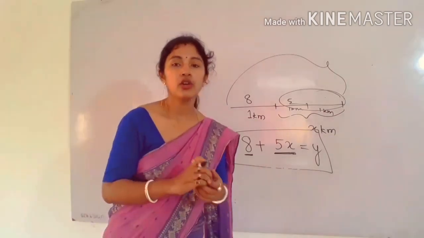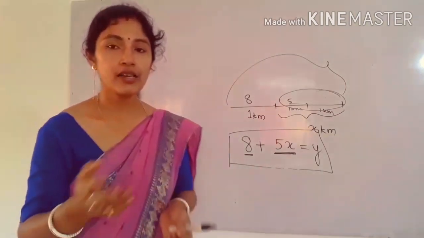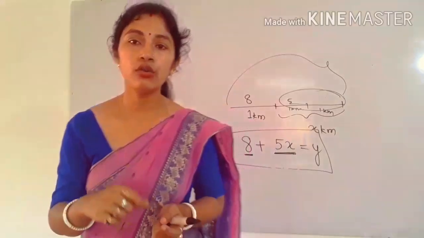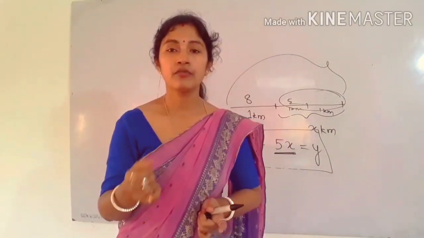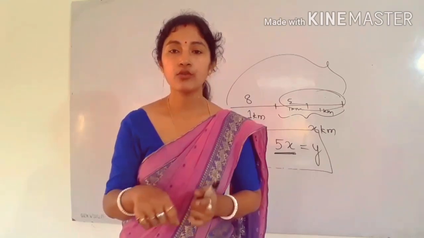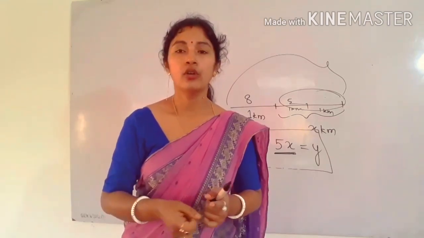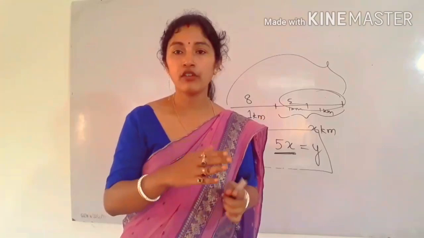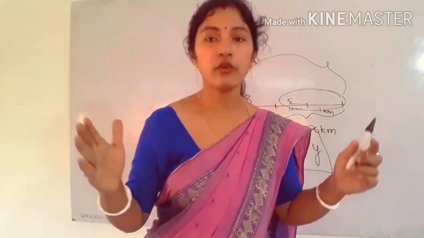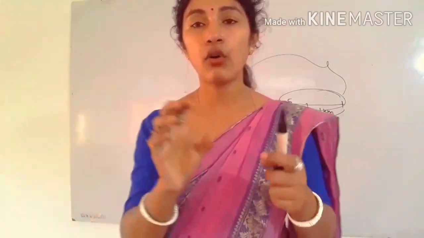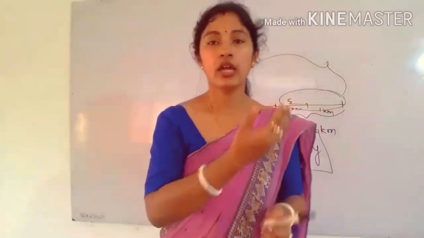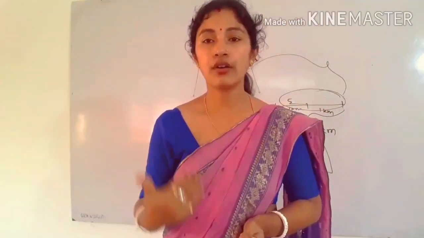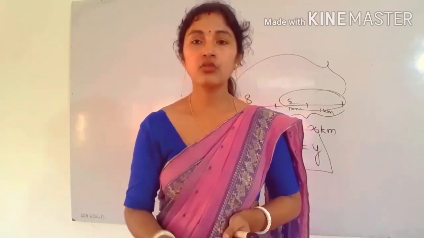Similarly, in my last lecture I have already shown you how to write the process. Let x is equal to 1, then what are we getting? You have to solve and write the value of y. Then you have to make a table. After finding the four sets of solutions, you have to write all of them in the table. After that, you have to draw the graph, and I have already shown you how to draw a graph. So please do this question.